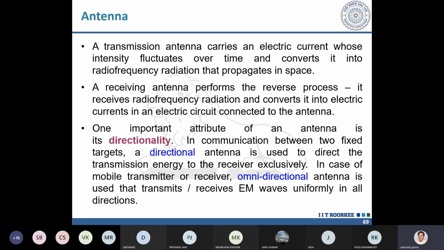Okay, if it is a fixed system, generally with one-to-one, point-to-point communication, for example, that dish TV to the satellite is fixed, your dish TV, your house is fixed. So you have point-to-point communication between your home and satellite. In that type of cases, we use the directional antenna. The antenna is designed to have the radiation pattern only directed in one direction. It is directional, and it will be a unidirectional antenna.